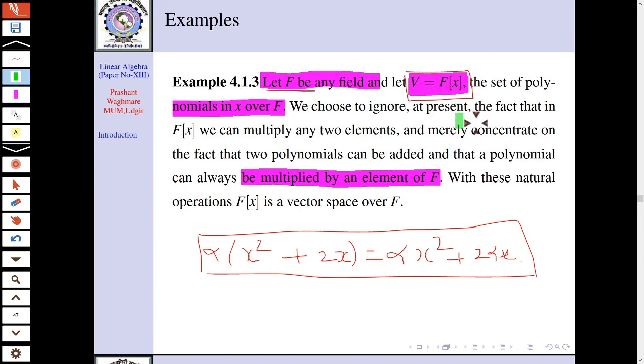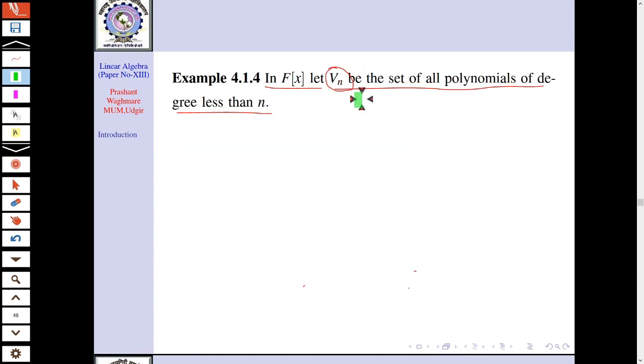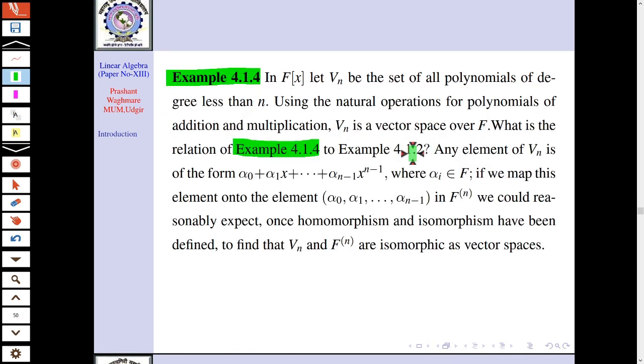So this is a bigger set than this Vn, because here we have restricted the degree. That's why I can say this example 4.1.4 is a subspace, or I haven't defined the definition of subspace yet, but this is a subset of